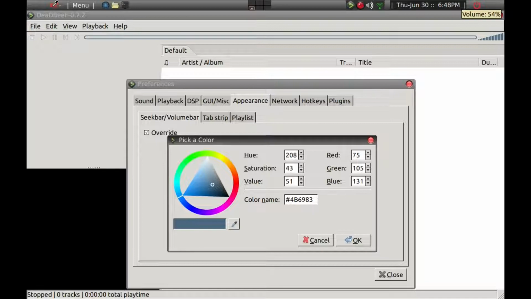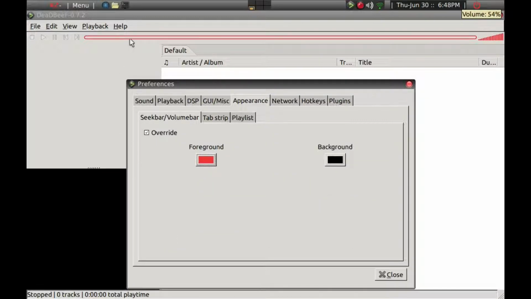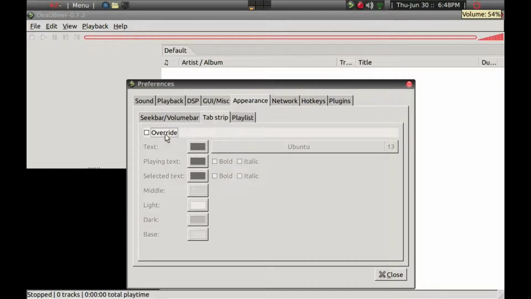We'll go ahead and grab, well, better yet, go ahead and grab a little tiny red from here. So my puppy logo. So we'll go ahead and click on there. So now the bar has turned into red. So I think that we'll go to the next strip here, and we'll go ahead and try to modify the